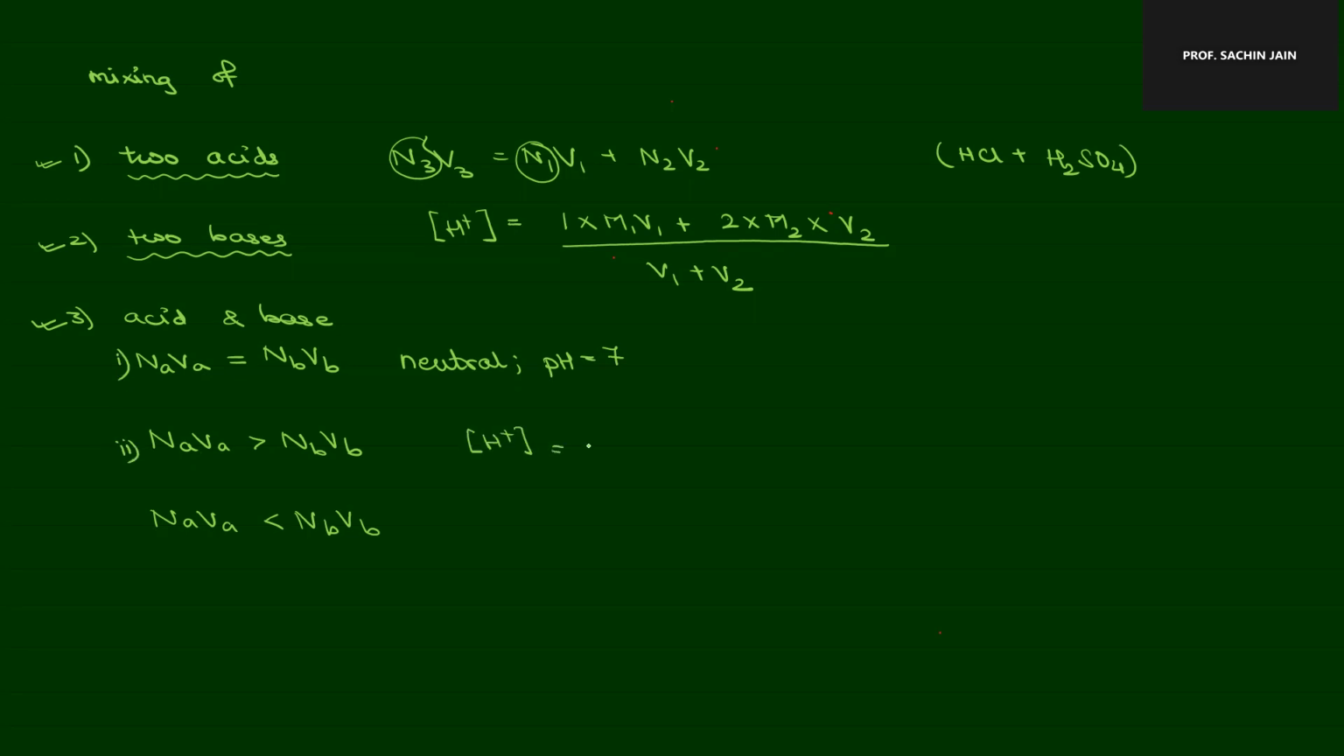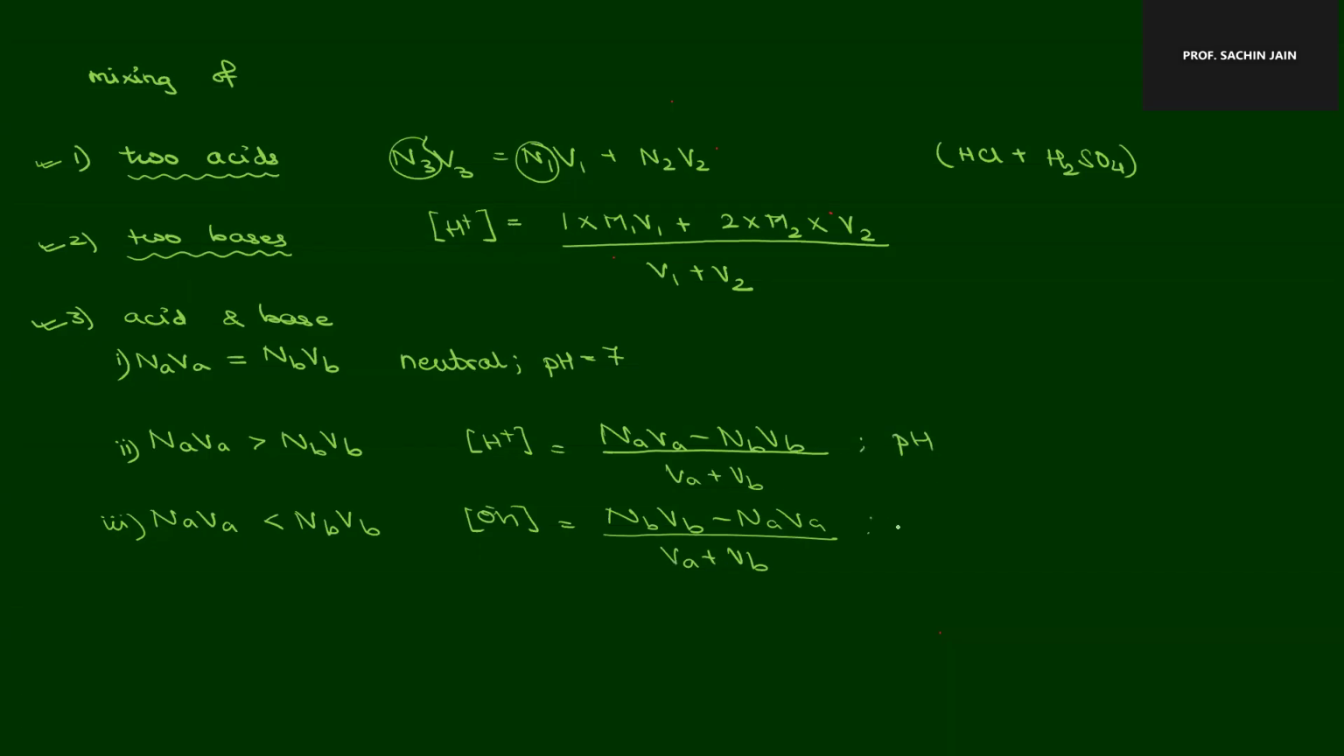सेकेंड केस में NaVa ग्रेटर मतलब सोल्यूशन एसिडिक है। In that case, you take the difference of NaVa and NbVb divided upon the total volume of Va and Vb. और थर्ड केस में NbVb अगर ज्यादा है तो OH माइनस ढूंढोगे बाय NbVb माइनस NaVa अपॉन द टोटल वॉल्यूम Va प्लस Vb। तो H प्लस ढूंढने के बाद यहाँ पर pH ढूंढ सकते हो और OH माइनस से pOH ढूंढकर फिर pH ढूंढ सकते हो। ये हो गया क्वेश्चन।